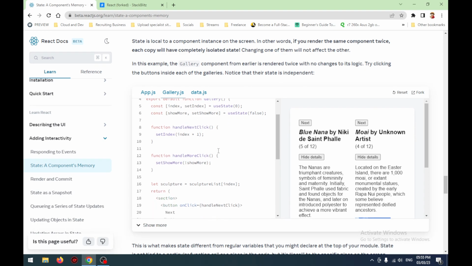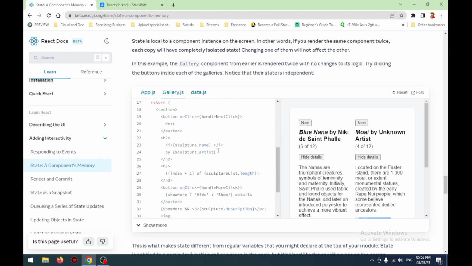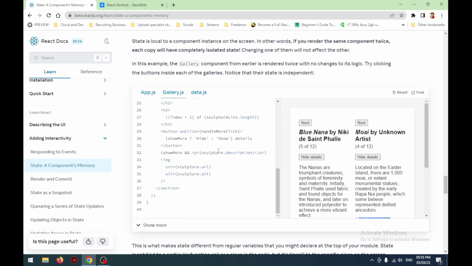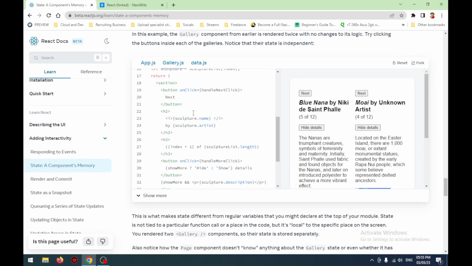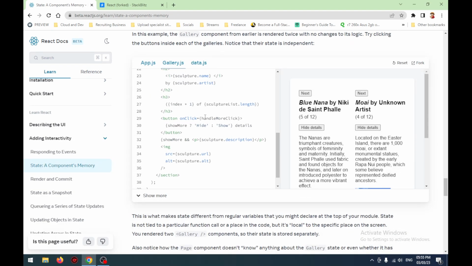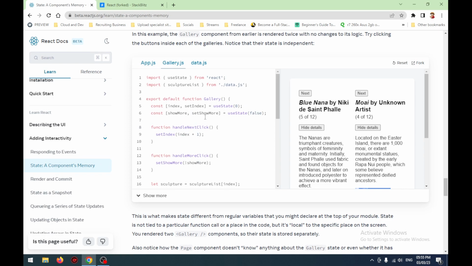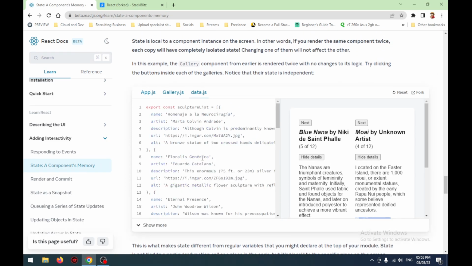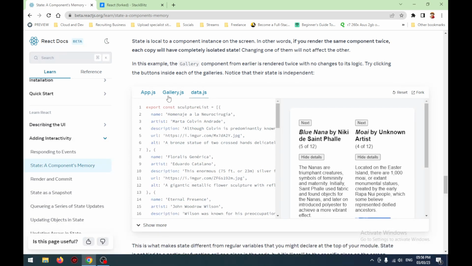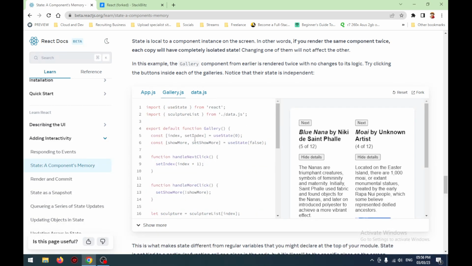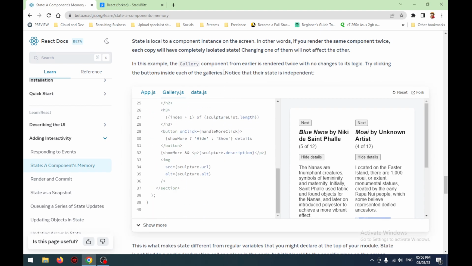In the gallery here, the data, it's an app which uses state, and this